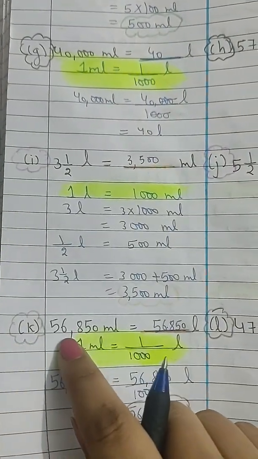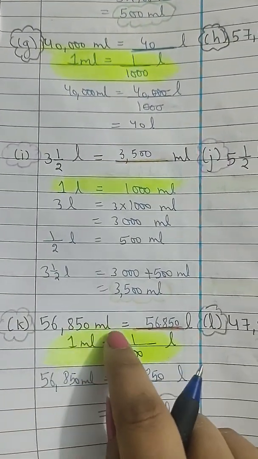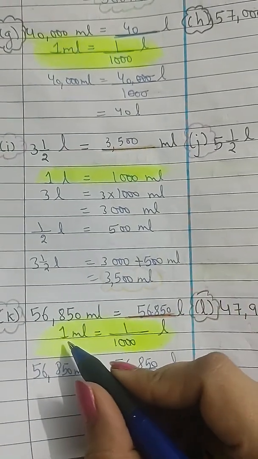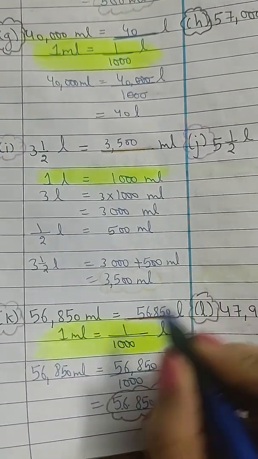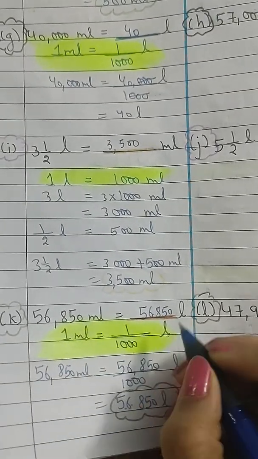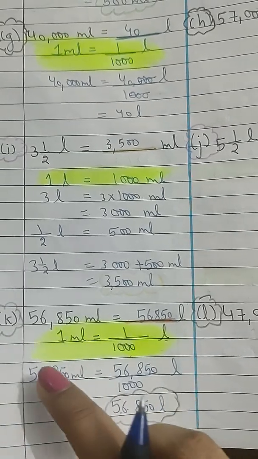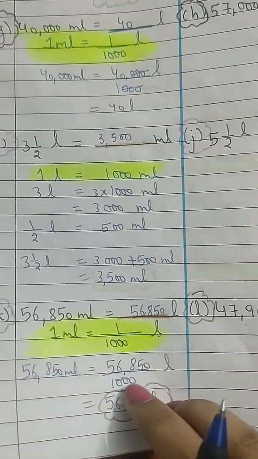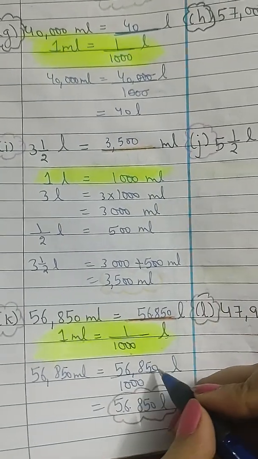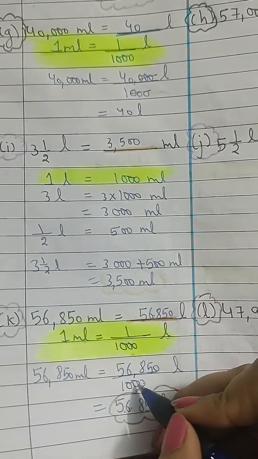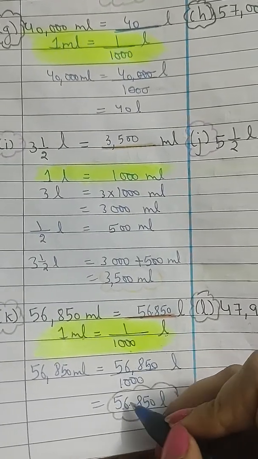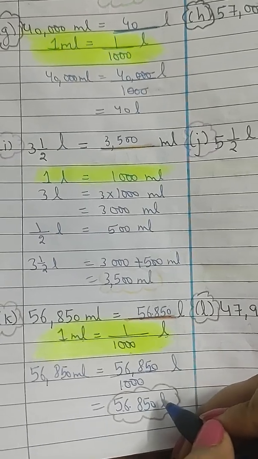Now K part is 56,850 milliliters, and you have to change it into liters. So how are you going to do it? Milliliter to liter we are going. So 1 milliliter is equal to 1 upon 1000, formula first. Then again you write the question, and this 1000 you write in the denominator. 0 will cut 0, or you can keep it also. This 0 will take 5, this 0 will take 8, and 1 will become the point. So it will be 56.85 liter also,